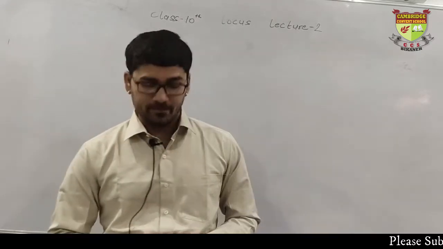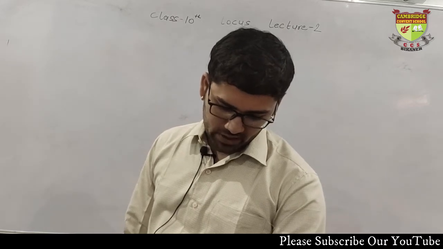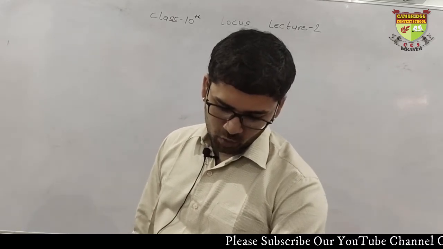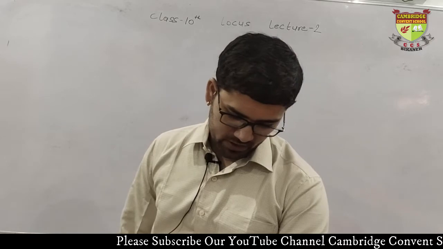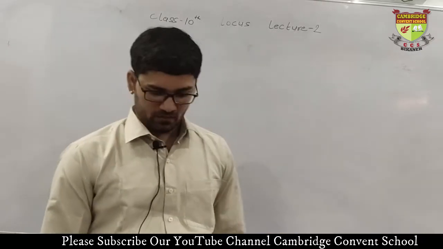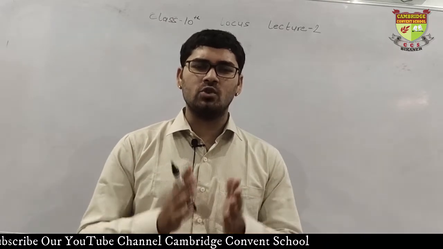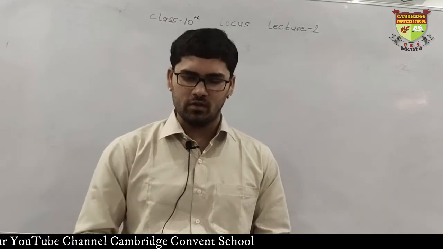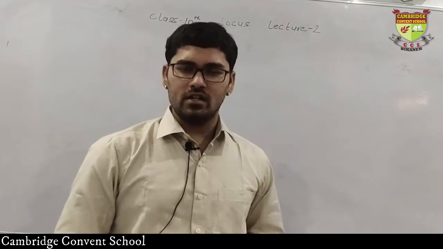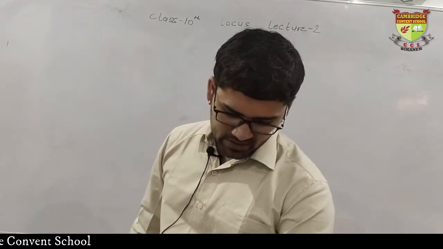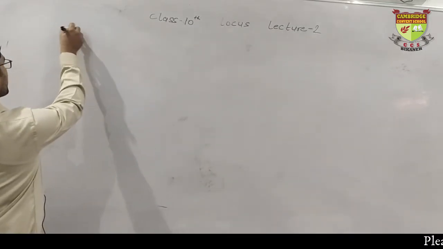The theorem says the locus of a point equidistant from two given points is the perpendicular bisector of the line segment joining the 2 points. I am not writing the complete theory of this, I am just explaining it to you. You have the book in your hand, so you can go through that for reading the theorem or the questions. I am just directly solving this for you.